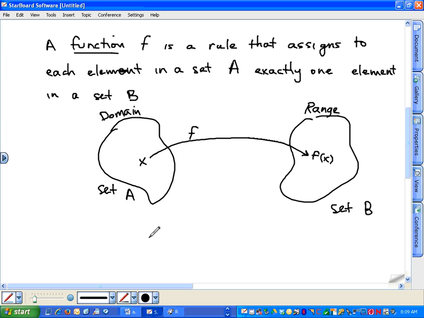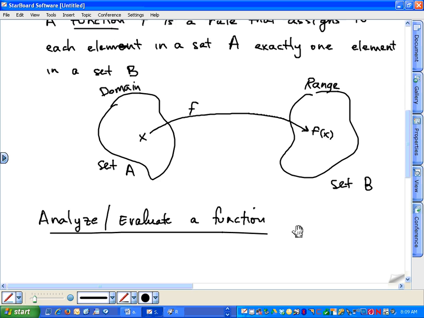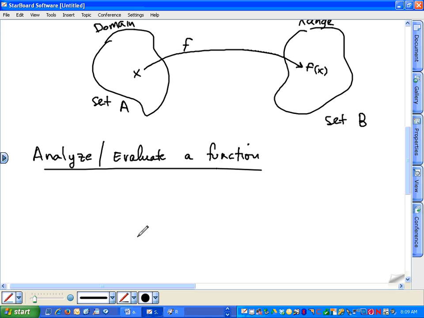let's go on to analyze, or evaluate. We will get to that in a second. Not today, but evaluate a function. So, example 1. Now again, I don't want to spend too much time on stuff that you already should have a strong foundation on. So let's just do one example real quick of an easier evaluate problem, and then we'll get into some